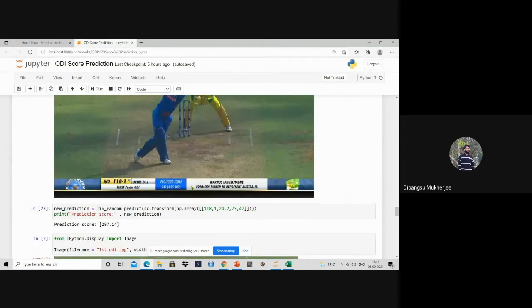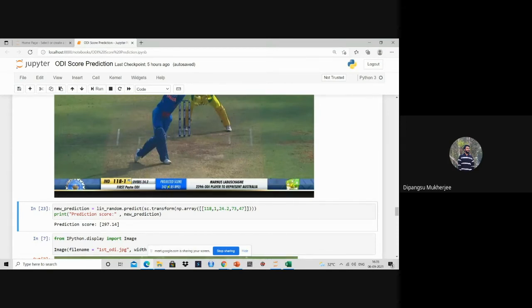So this is our score, 118, the number of wickets fallen is 1, the over is 24.2, and the striker and non-striker batsman scores we collected from Google are 73 and 47. Our model predicts 297.